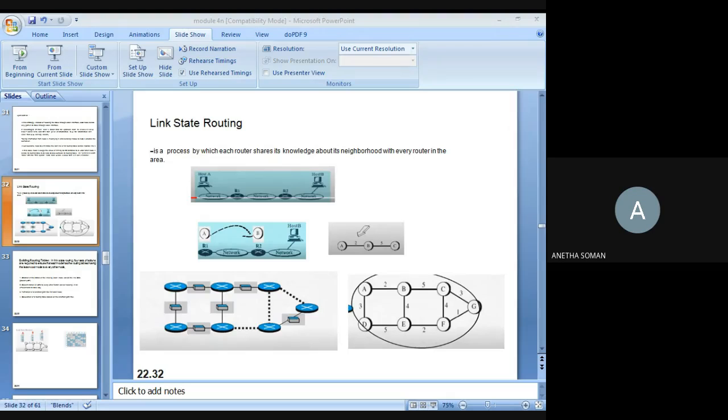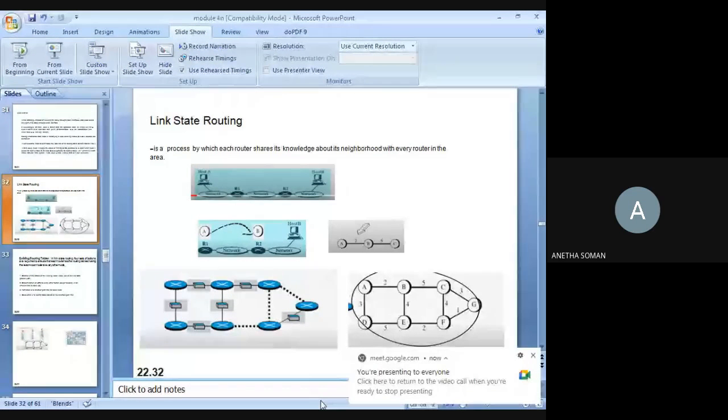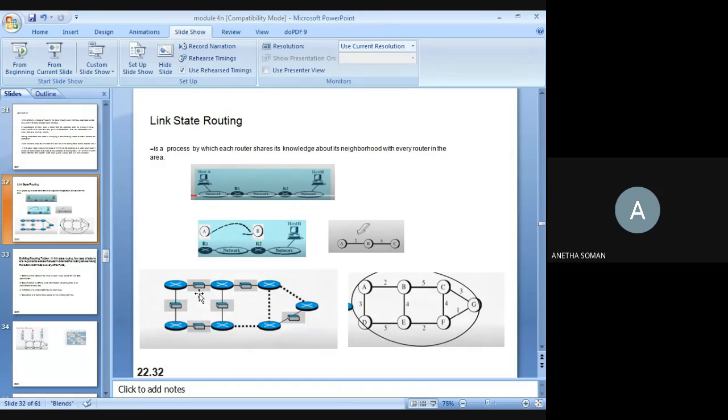Okay, let's start our class. Last class we were discussing one of the unicast routing protocols, the intra-domain routing protocol, or the algorithm called the distance vector routing algorithm. I hope you have got a clear picture of the distance vector algorithm and also how to solve a problem based on that. Now today we will be seeing the other type of intra-domain routing algorithm,